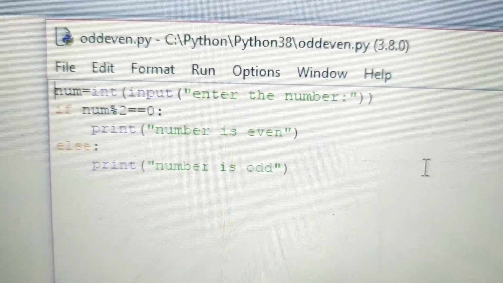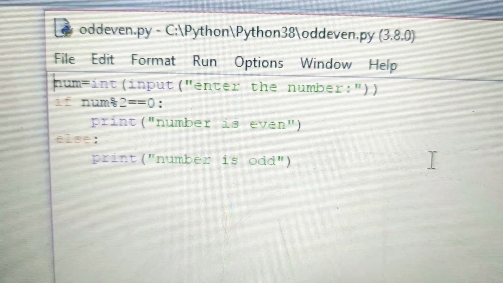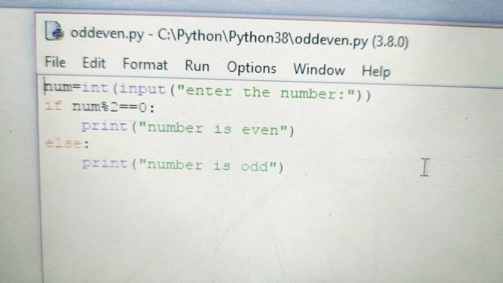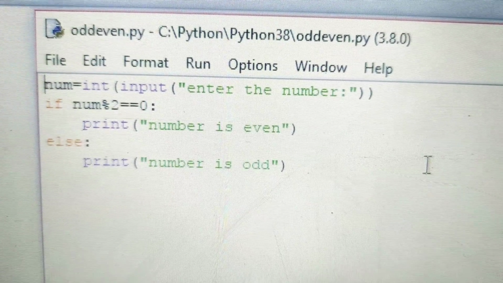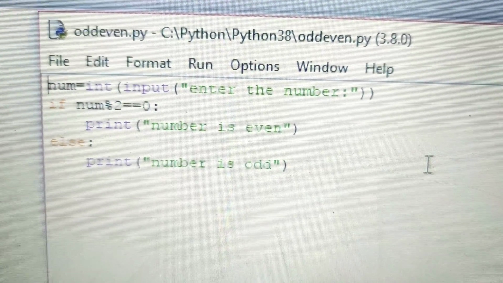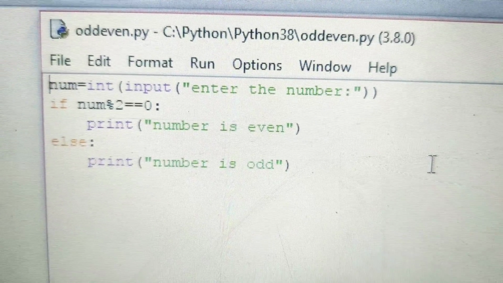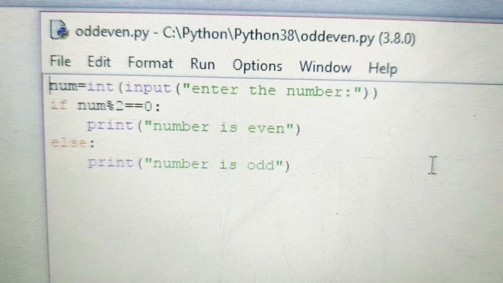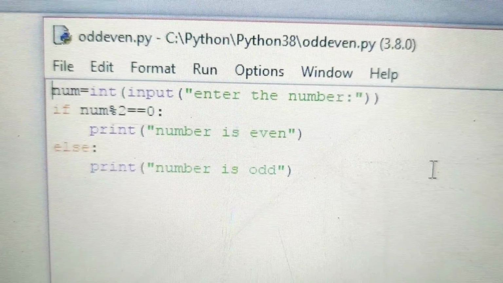Now let us understand this program. num is a variable having the number to be checked whether it is odd or even. Now, is it divisible by 2? The first number we entered was 3. Is 3 divisible by 2? Complete division? No, the remainder comes out to be 1. It means we are bothered about the remainder.